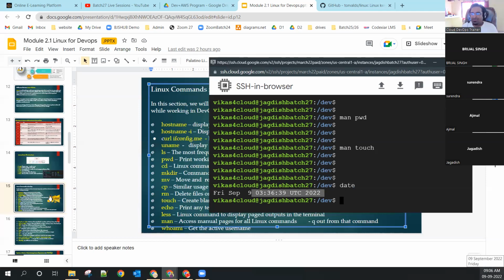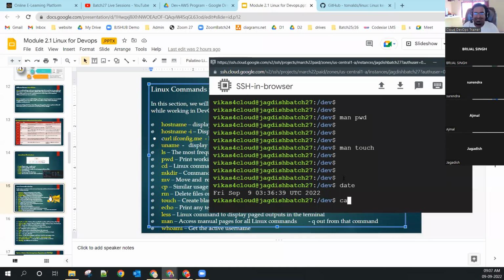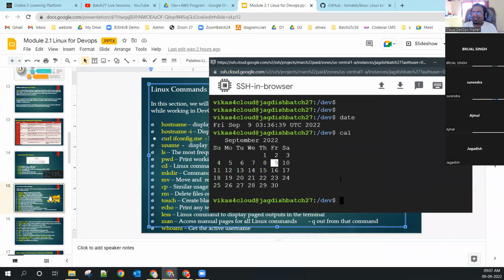Yes, Vikas. In Windows, there is a calendar, right? But where is the calendar in Linux? Type the cal command and you will get a calendar in the Linux machine also. Good? Yes or no? Everything is available, everything is there. We just have to access it with the help of commands. That's the only thing in Linux. If we know 20-40 commands, you can survive. Every day, just remember 5 commands. In 5 days, you will be good in Linux.